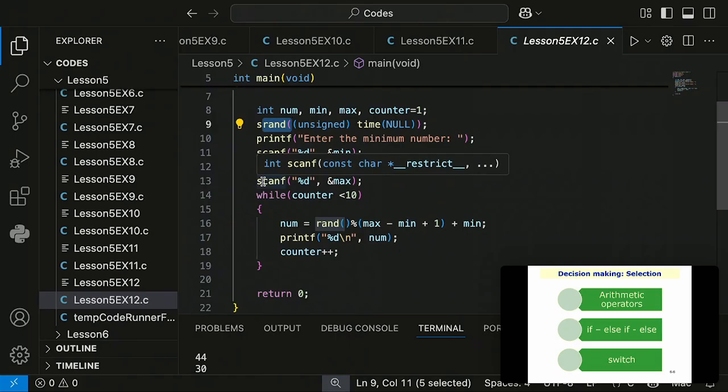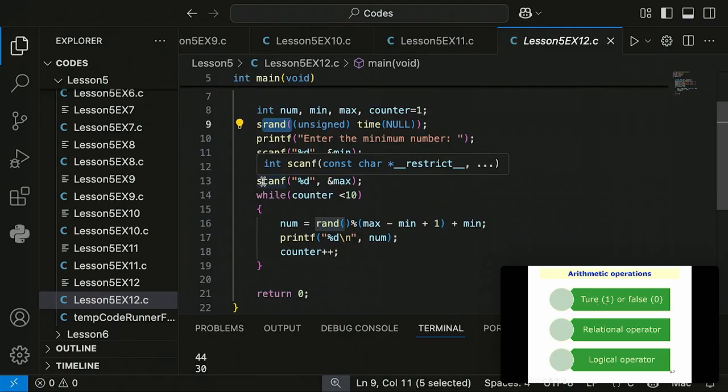So to have this decision making, first of all, you need arithmetic operations. And then you will learn about the if, else structure. So this is the syntax of the C language. And also you will learn another function, switch, but probably this will be covered next week. Okay, for the arithmetic operations,